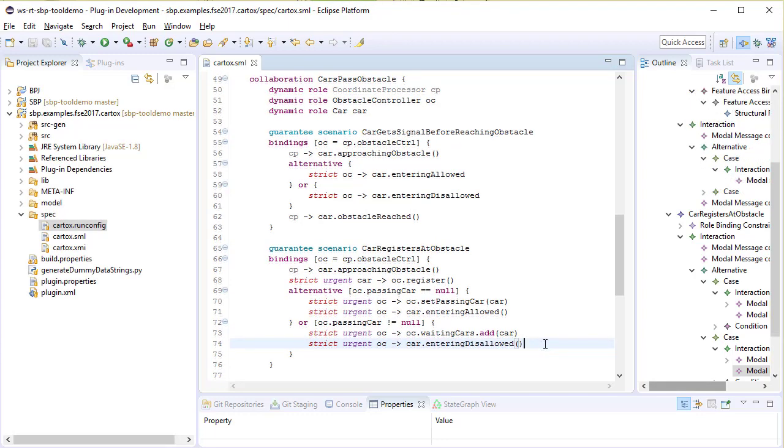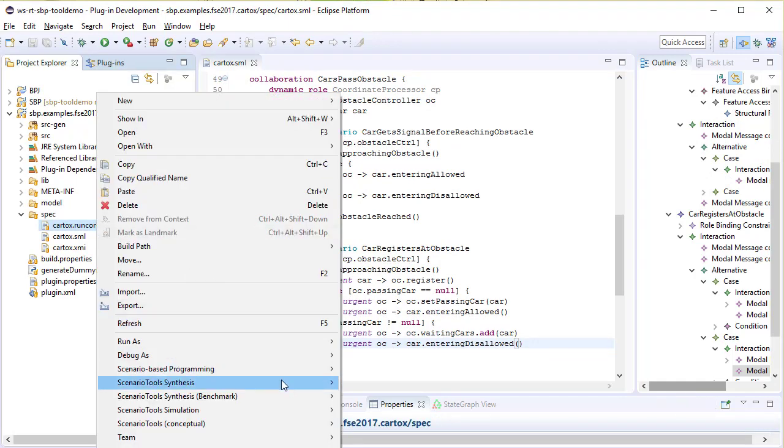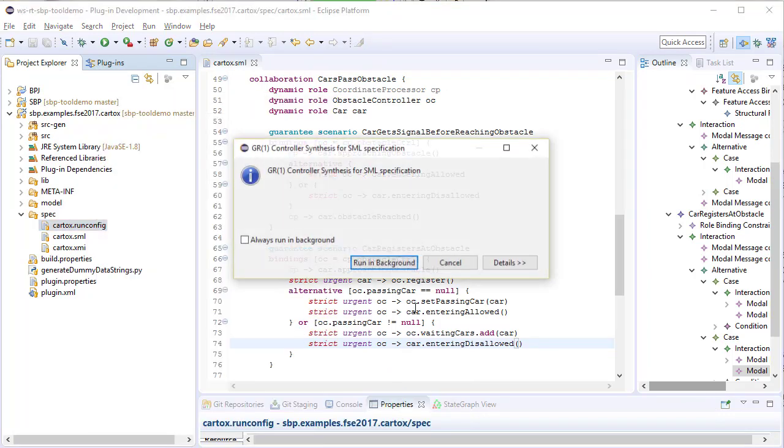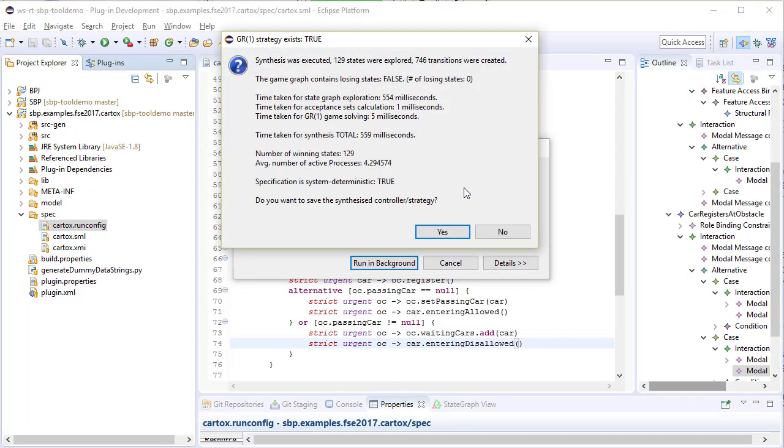We can automatically check the specification for realizability. The procedure checks whether there is a strategy for the system so that for any environment behavior, the system can guarantee that the specification will be satisfied. It turns out that the specification is realizable. Moreover, all explored states are winning states. Without going into the details, this is a condition that must be satisfied if we want to generate SBP code